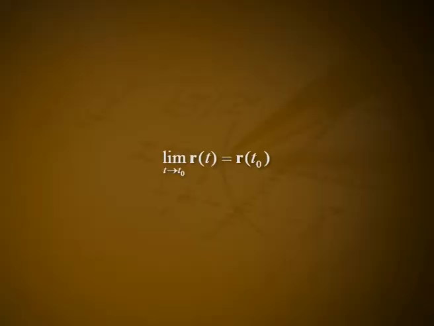A vector function r(t) is continuous at a point t = t₀ in its domain if the limit as t tends to t₀ of r(t) = r(t₀). The function is continuous if it is continuous at every point in its domain. Component test for continuity at a point. Since limits can be expressed in terms of components, we can test vector functions for continuity by examining their components.